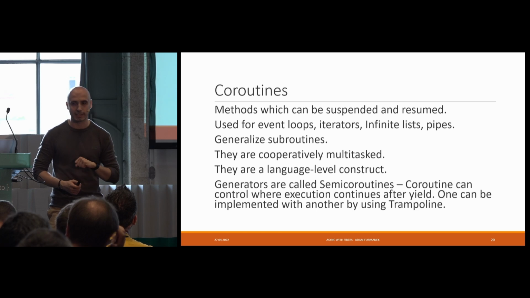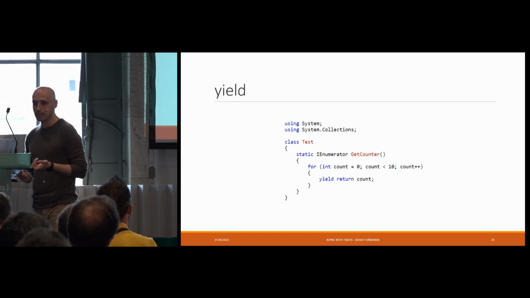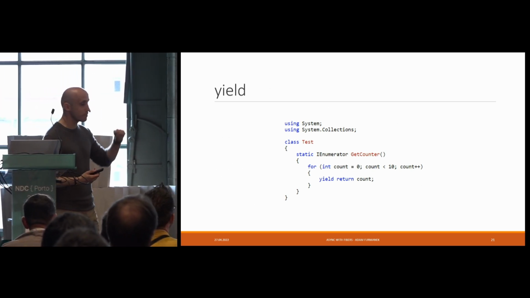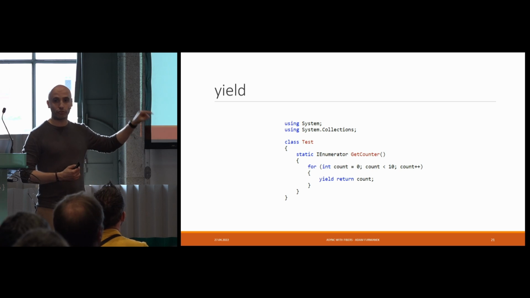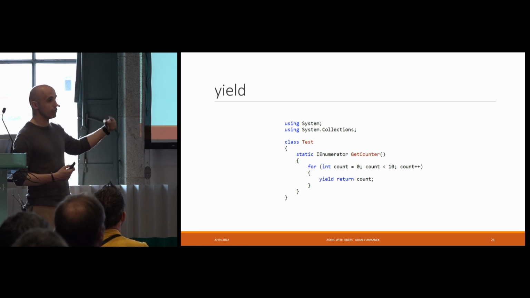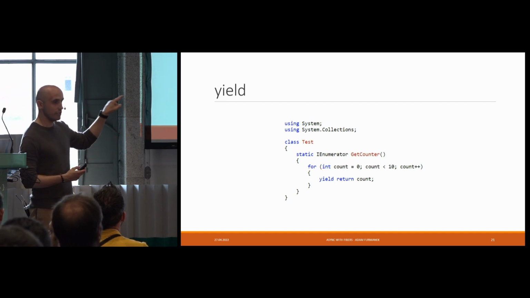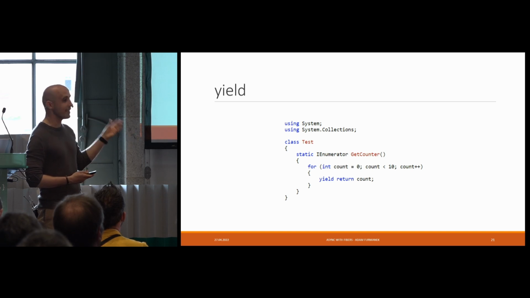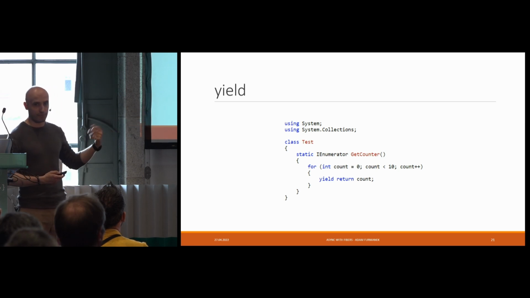And the question is, how can that be useful for us? The answer is, what we do have in C# is the yield keyword. And this is basically a coroutine. We have a for loop counting from 0 to whatever, and we want to return multiple values, so we do yield return. It returns multiple values, as you can see. Whenever you call yield return, this method is suspended. You can take the value, use it, and then when someone wants to get another value, it resumes the method and waits for another value.